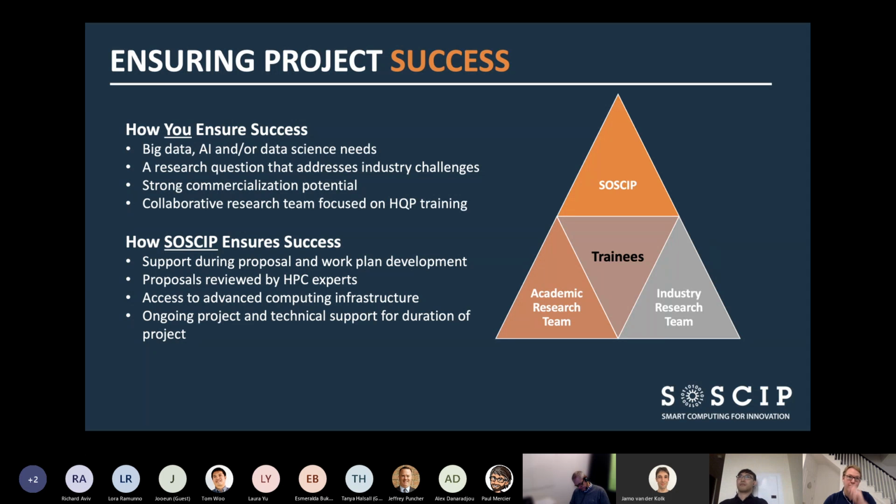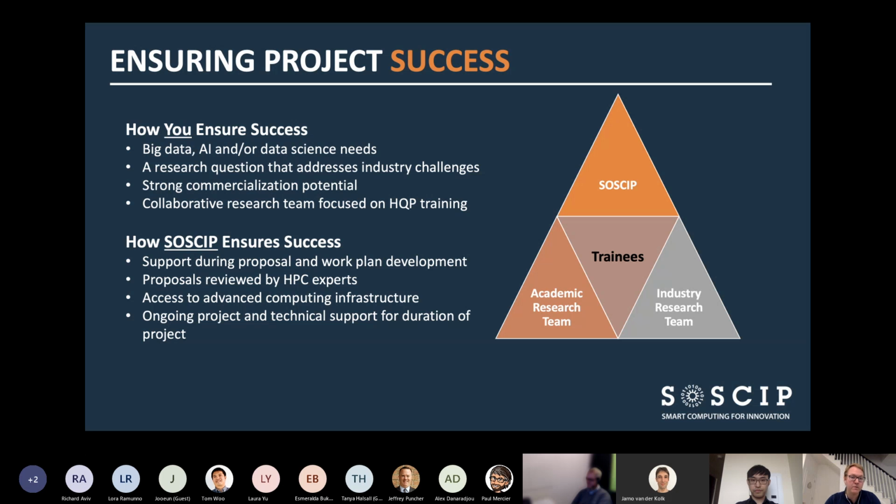Also, even from the academic standpoint, the advancement of knowledge, the ability to publish or move the state forward as well. We're very supportive of that, and hope that we can see that come out of our projects. And really, at the end of the day, it is very much about a collaboration. So we want to bring together both our academic and our industry partners, and really be focused on supporting students and postdocs in a training opportunity, while also working to help solve this industry challenge.